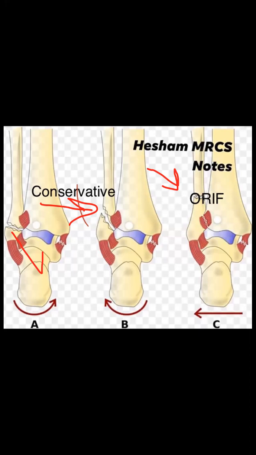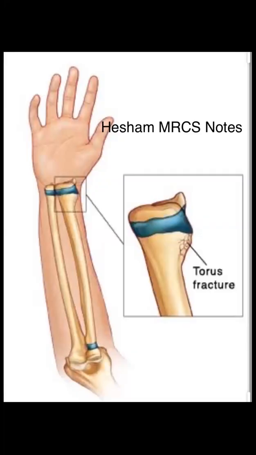Okay, types A and B are stable fractures, so they can be managed conservatively, while type C is unstable and may be associated with disruption of the ligaments on the medial aspect of the foot and may require open reduction and internal fixation. This is a picture to tell you that in fractures in children less than 12, there is some sort of